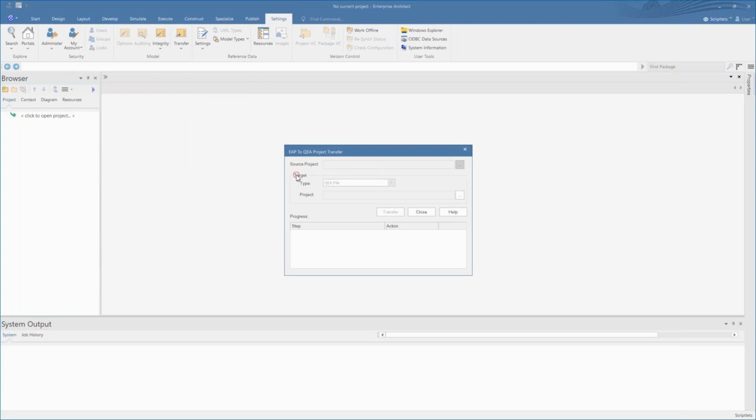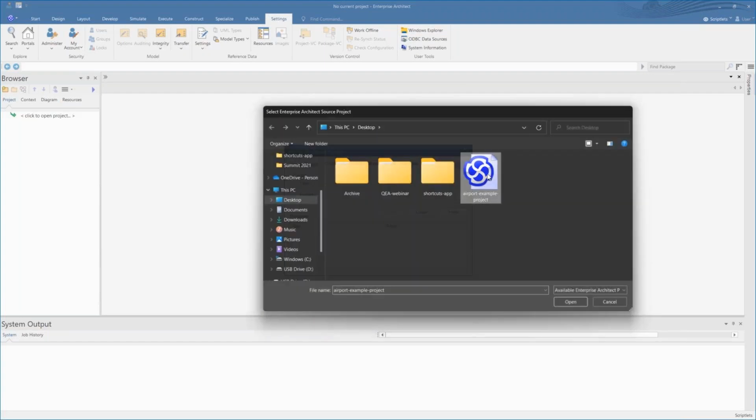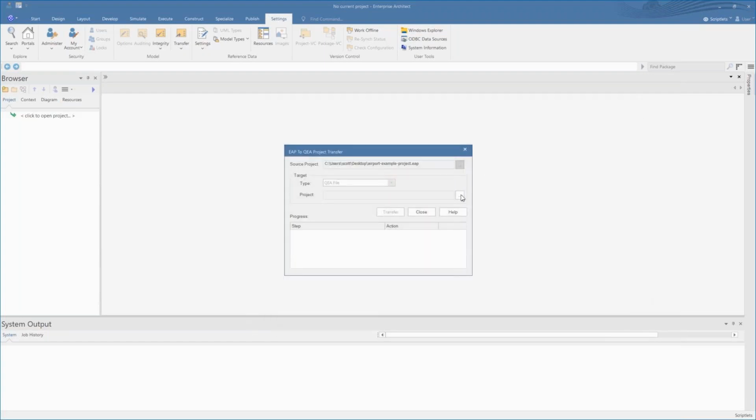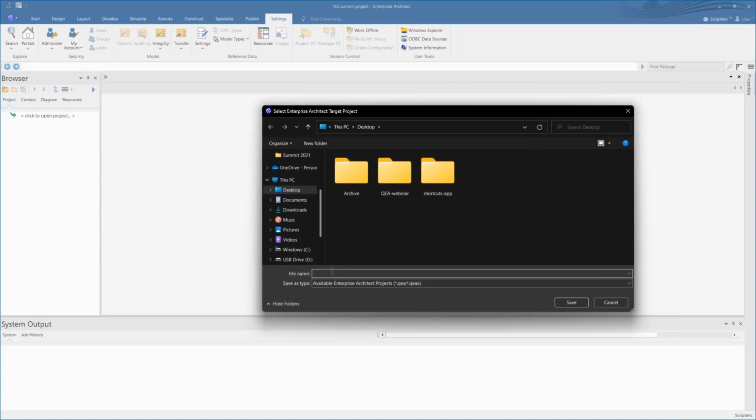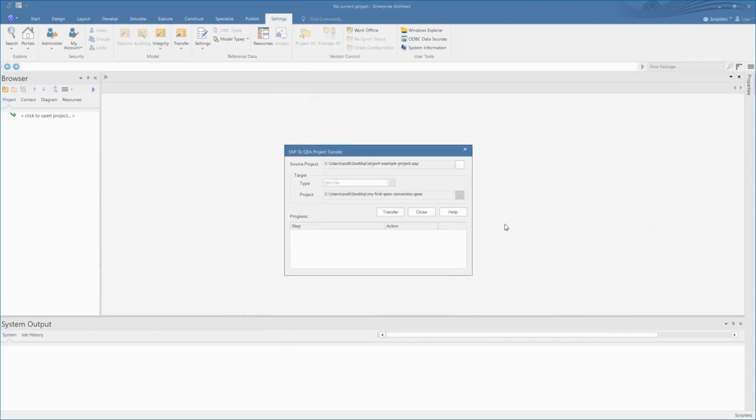I select my source project, I then set the target, and the progress is displayed underneath. So I'm going to select my airport example, and I am going to select my target file name, and I'm just going to call it my first QEAX conversion. From the drop-down list, I'm going to select QEAX because I know that this particular project has users, and I want to be able to support that small workgroup capability.